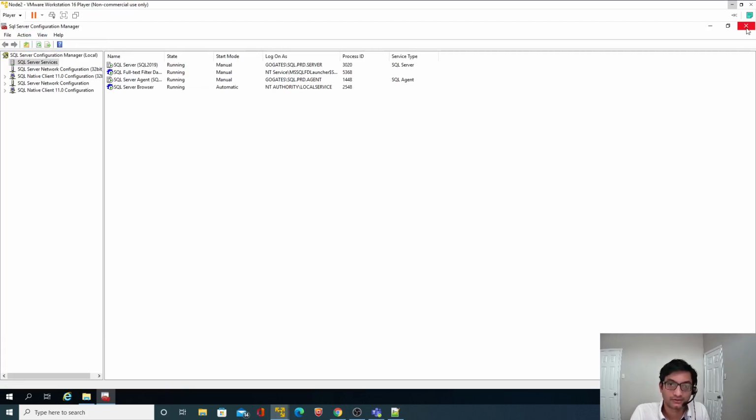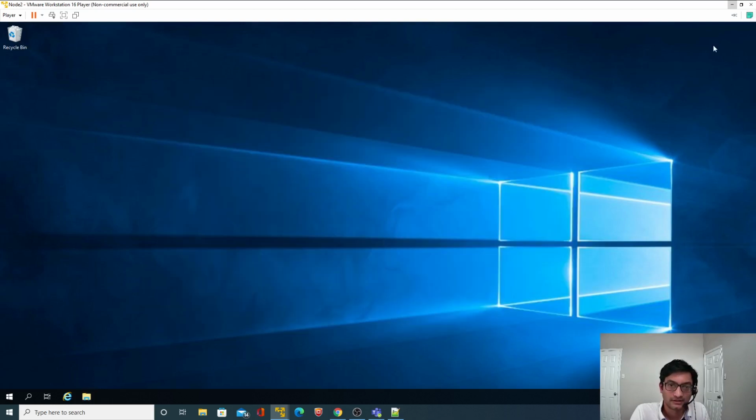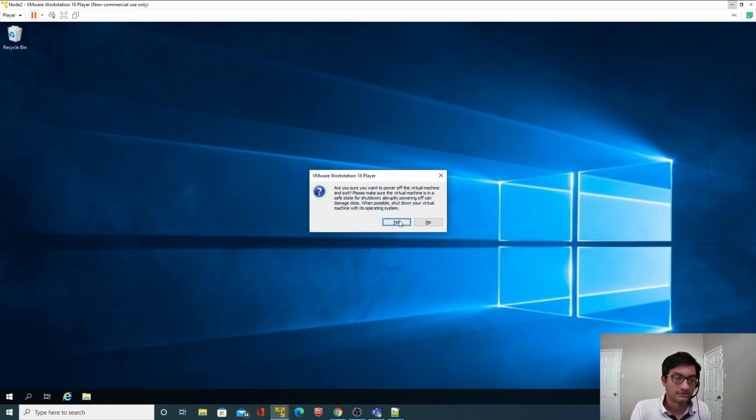The last thing we can do is shut down this node. Since node 2 is down, ideally all resources, the shared drives as well as the SQL services, should move to node 1. We'll see that. Shut down this.